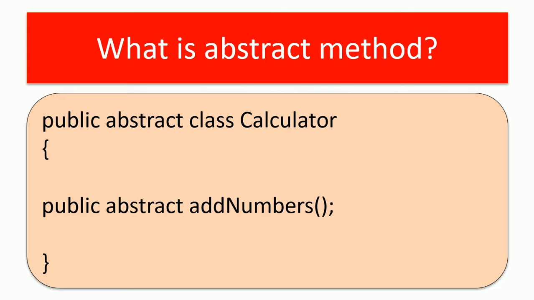I think we have already seen the abstract method in code. An abstract method is nothing but a method with only a declaration and not a definition, and it also holds the abstract keyword. It will not contain the body of the method, so it will end with a semicolon. This means that the inherited class of this abstract class will define this abstract method in the subclass.